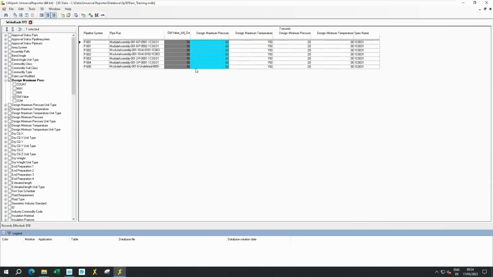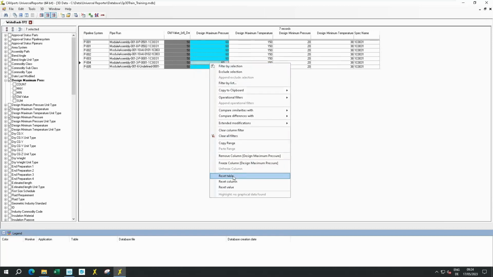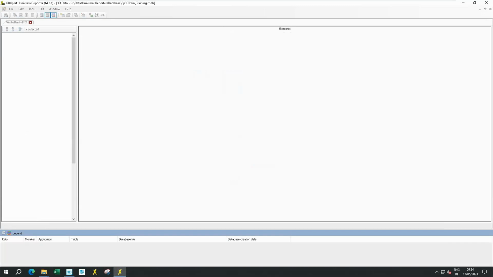So here in gray, this is the old value. In blue, that's the new value. And from here, I can write back my changes to Smart 3D. Okay, that's interactive and goes directly into the model. I also have the possibility to reset the table,